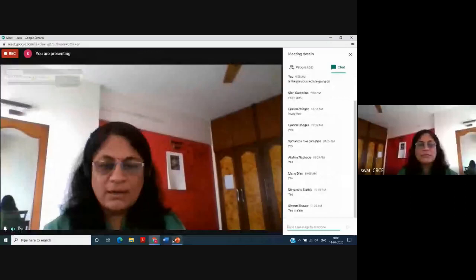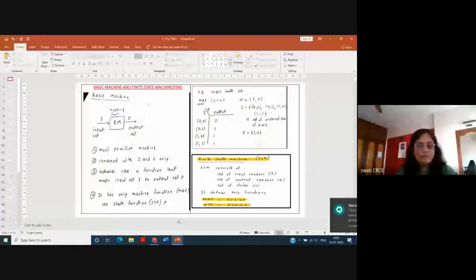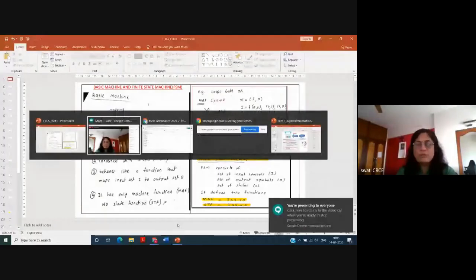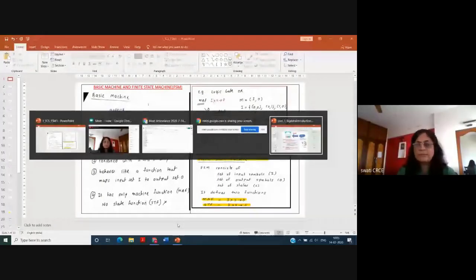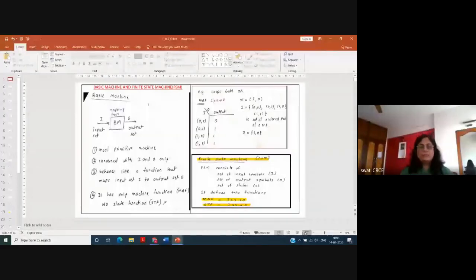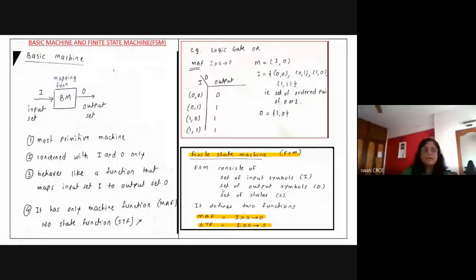Today's objective is, as I said, to solve the problem of FSM and to understand about DFA, designing of DFA. This is a very important topic because if you don't understand the design of DFA, then you will not be able to proceed further because the other problems are about designing of NFA and DFA, conversion of NFA to DFA. So if your DFA knowledge is not proper, then you will not be able to understand the rest of the syllabus. So you need to know this particular thing properly.